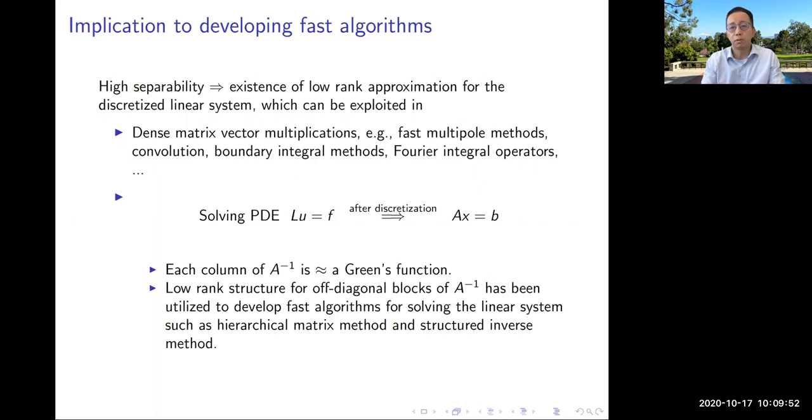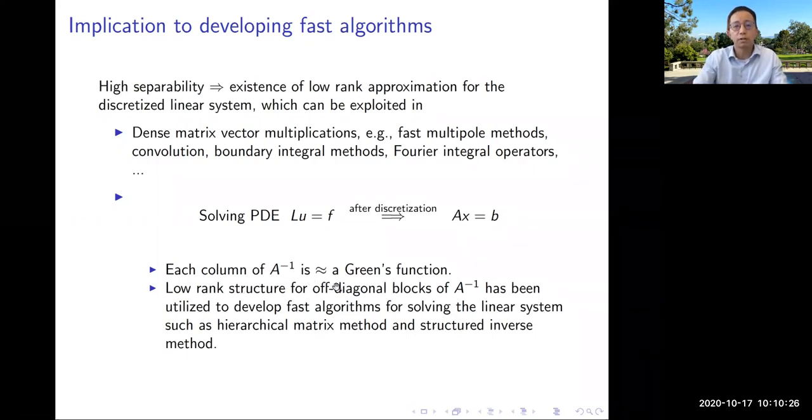And even nowadays, in old days, when we solve Lu = f, we always tried to emphasize L is sparse. Then we tried to develop iterative methods because matrix-vector multiplication is so cheap. But now if we look at the structure of A inverse, if you think of each column or each row, whatever you think, it is a Green's function, because you put 1 on the right-hand side, all others 0, and you look at what that column is.